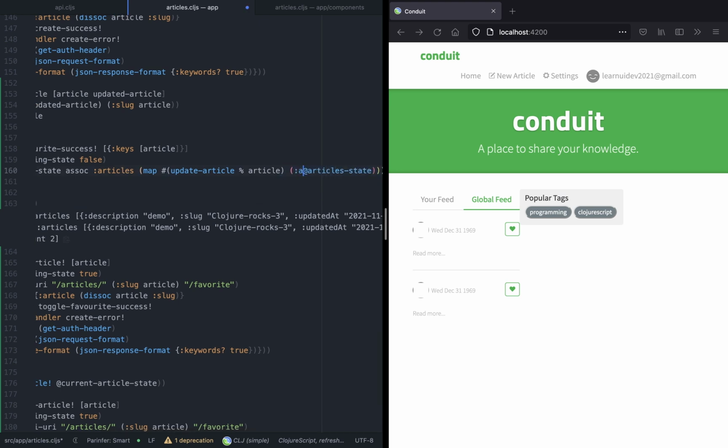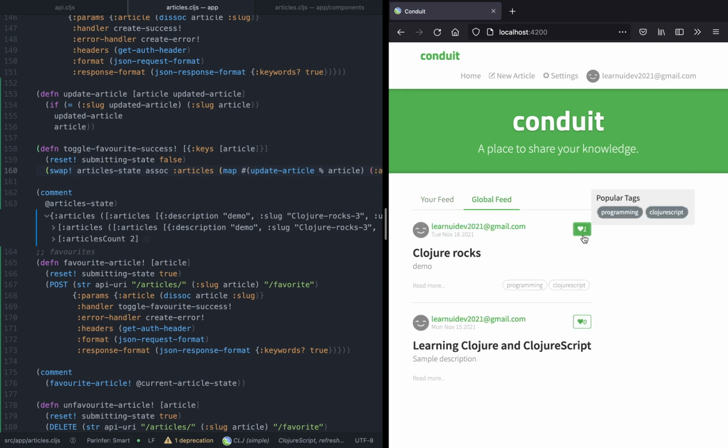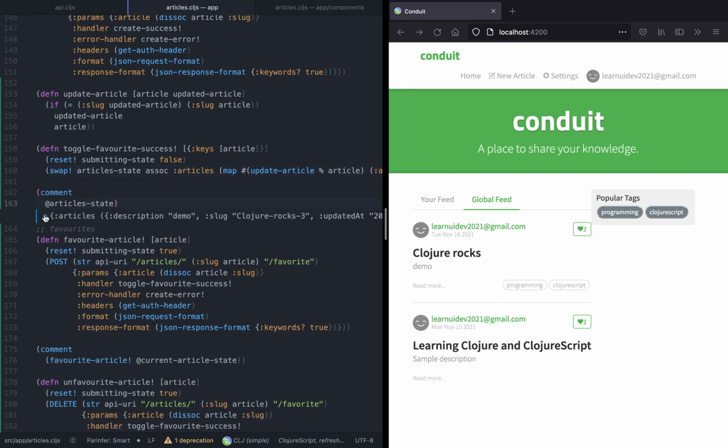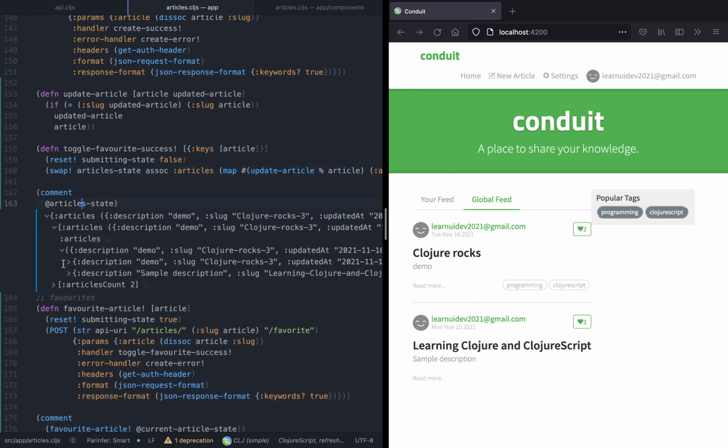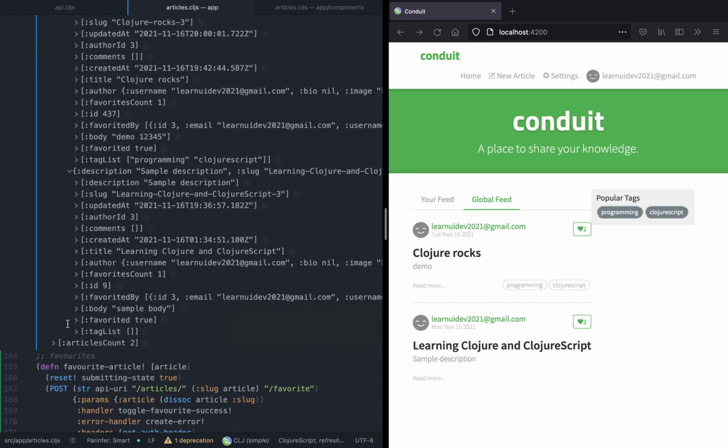So we need to update the articles, right? We need to map over the articles. So now if we okay, so the like is working, but the unlike is not working, which means that there is something wrong with the toggle article. So as you can see, it's favorited, favorited, so it's not